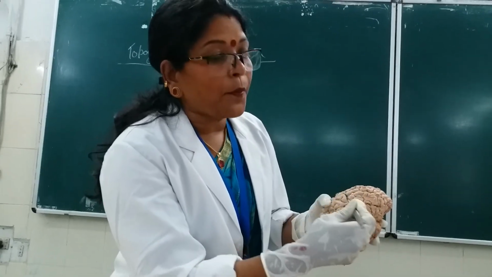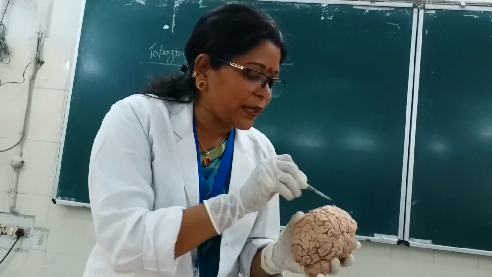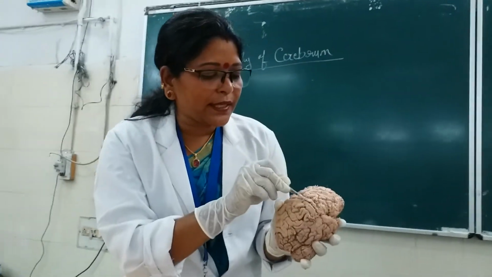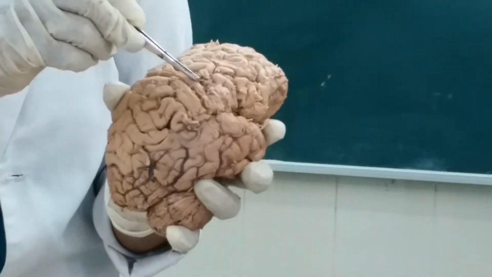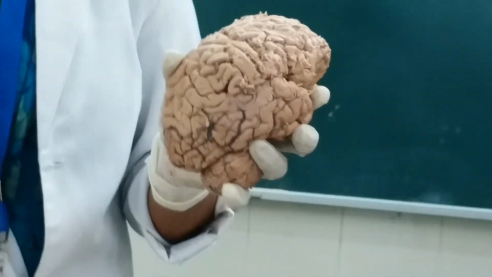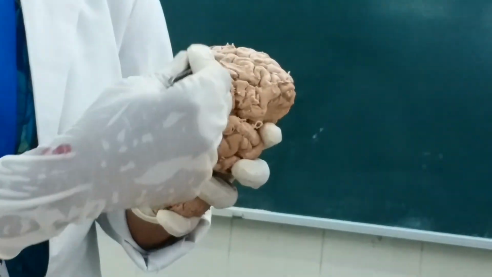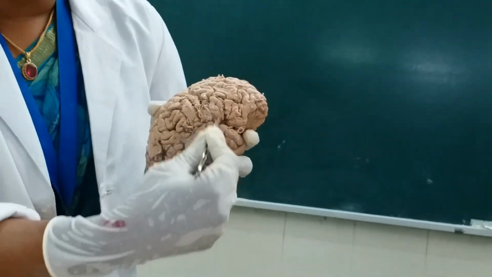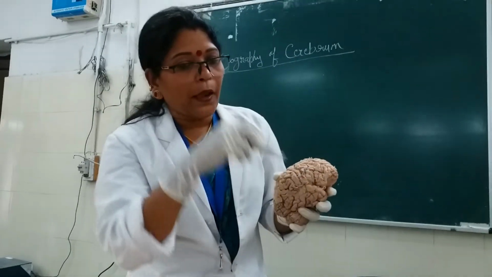The precentral gyrus is separated by a sulcus from all three gyri, which is known as the precentral sulcus. Depending upon the anatomical position, you can say this is the central sulcus, this is the precentral gyrus and this will be the precentral sulcus. Okay, because this is the central sulcus. So anterior to the precentral sulcus, in the posterior aspect of the superior, the middle and the inferior frontal gyrus, there is